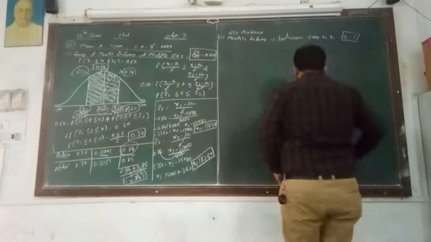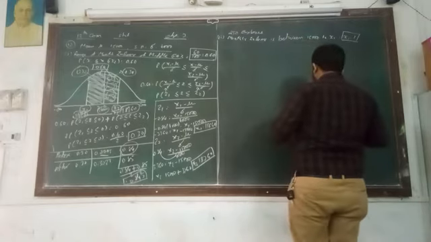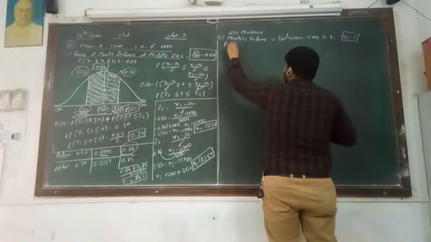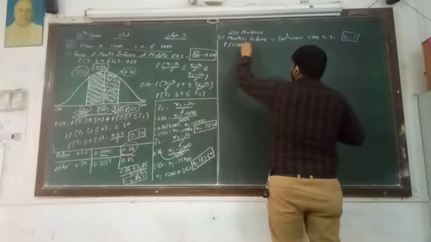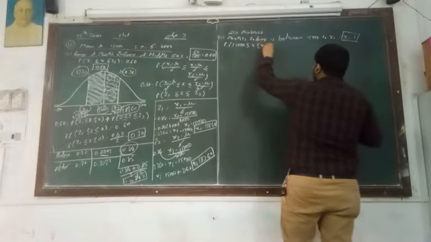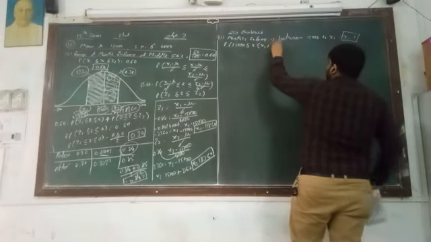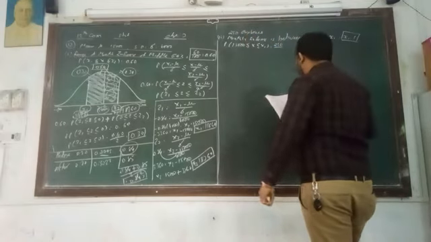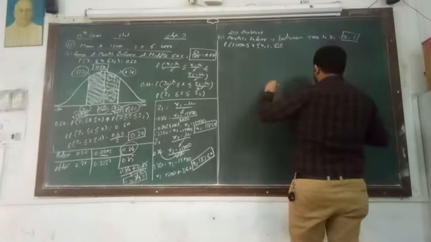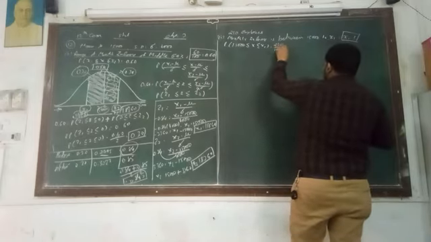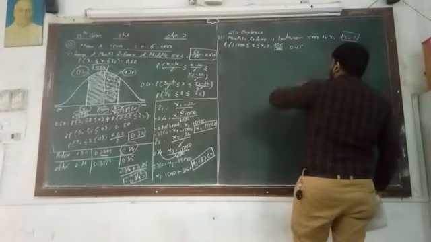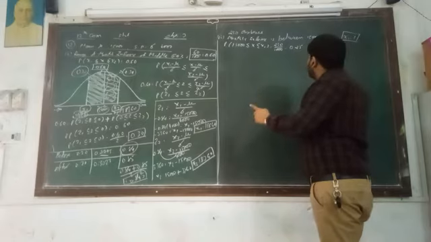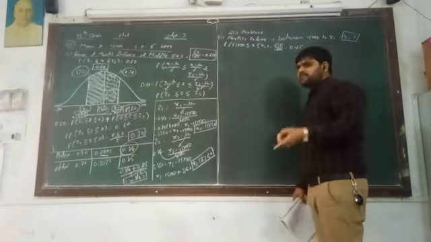So here first of all, P of x is 15,000 to x1, and it is called 250 employees. The total number of employees given is 1,000, so we have to divide by 1,000. So it is called 0.25. So 0.25 is given. x2 is 15,002, which means that it is definitely more than 15,000.